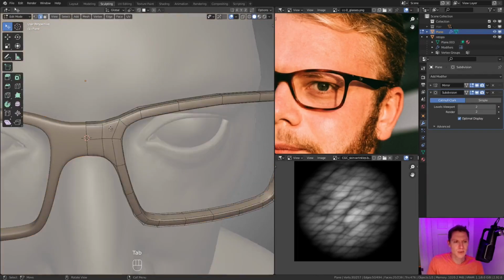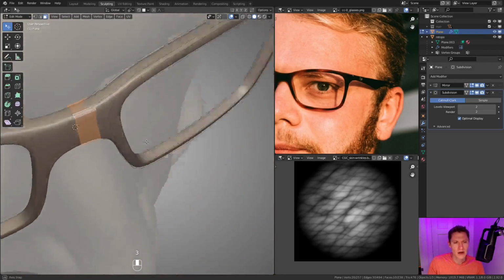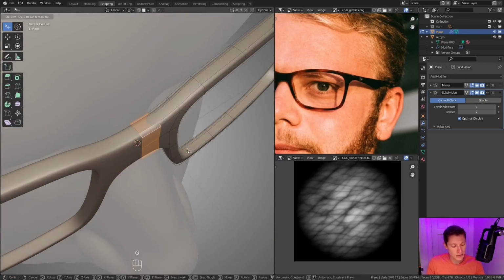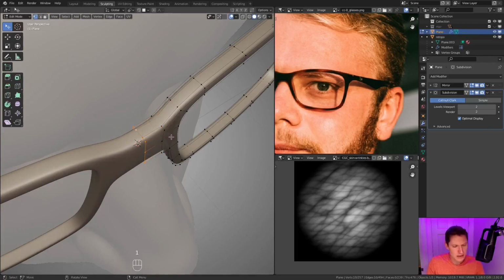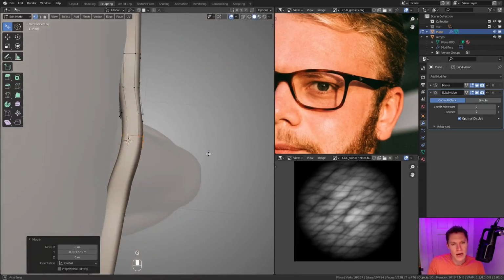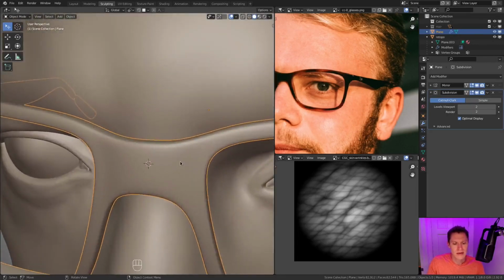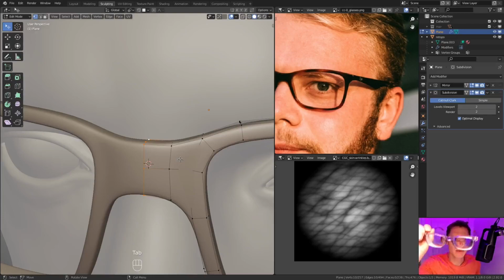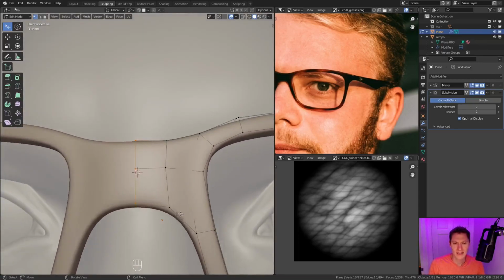Okay, let's focus on the bridge and then the nose support. All right, so Alt-click to select this edge or face loop, and then we'll move forward in Y, and then just grab the center edge loop, also bring that forward in Y, so we have this little curve. And then on my glasses, I doubt you'll be able to see, but there is kind of a sharp detail right there. The edge gets sharp. So I think that looks kind of nice, and I think I'll put it in here.